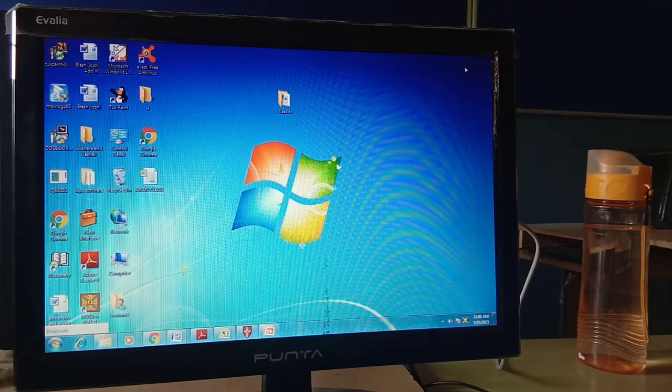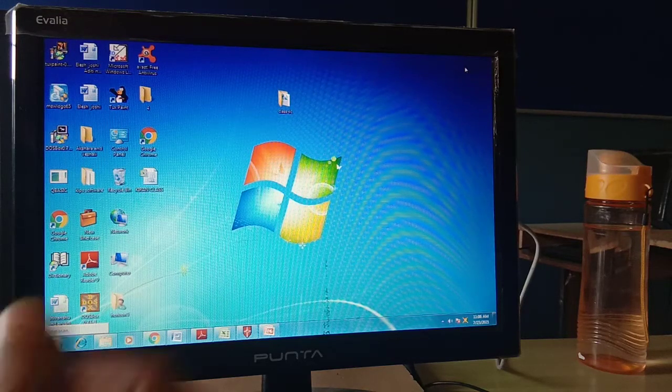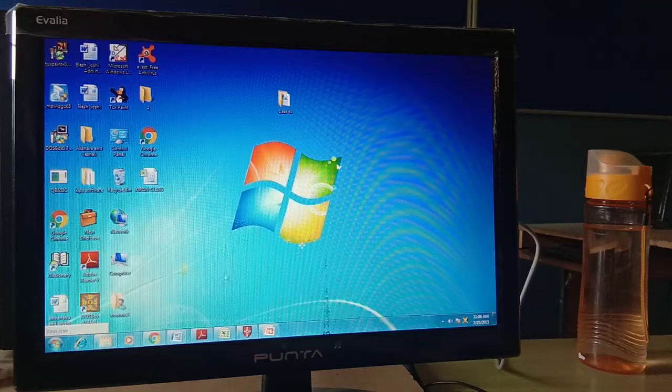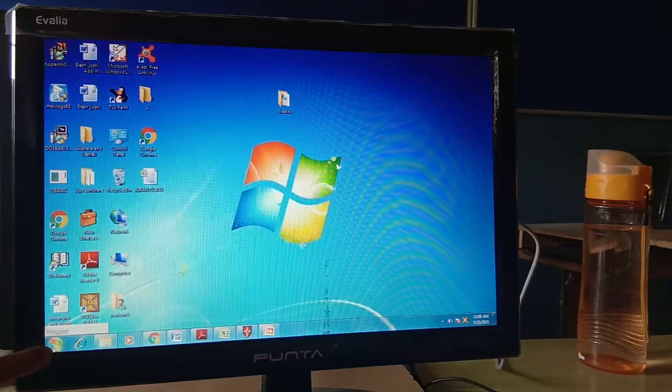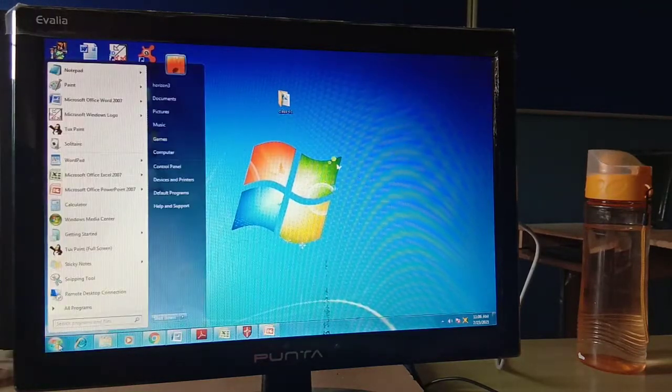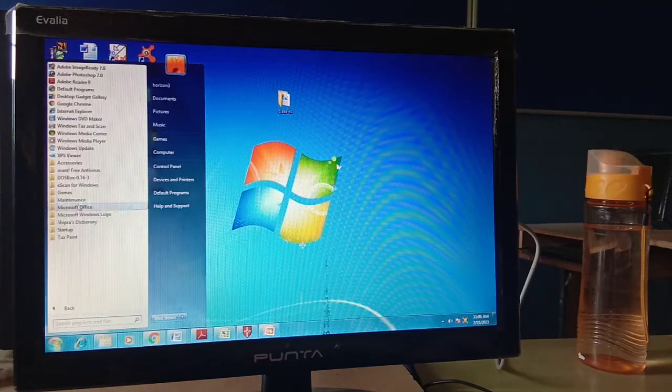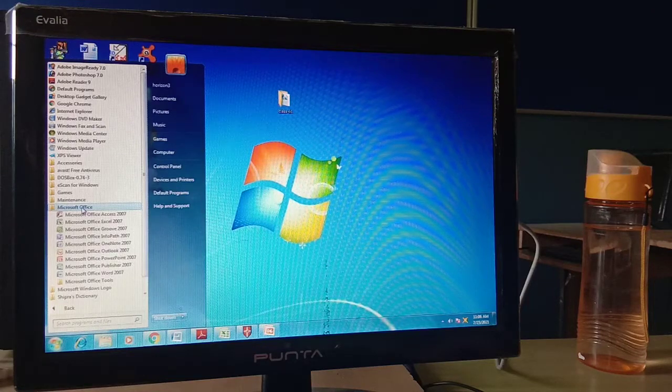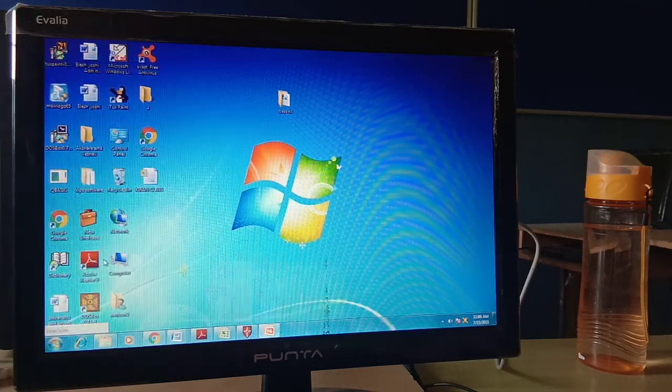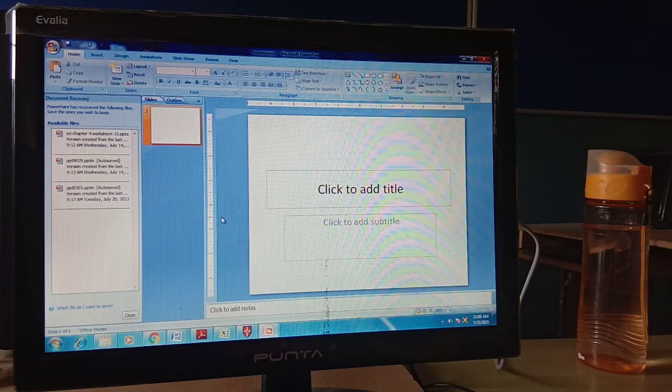So students, first of all, let's again start with the step of how to start Microsoft PowerPoint. You should start Microsoft PowerPoint from the start button. Click on the start button, then go to all programs, and in all programs go to Microsoft Office. As you click on Microsoft Office, Microsoft Office PowerPoint will open in front of you. As Microsoft Office PowerPoint opens, then what you have to do,